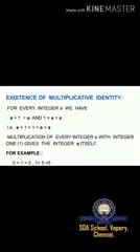Next property, existence of multiplicative identity. For every integer a, we have a into 1. If we multiply some integer, the answer will be an integer. Like if we multiply a into 1, b into 1, c into 1, the answer will be a, b, c. If we multiply some symbols with 1, the answer will be the same. That is, a into 1 is equal to 1 into a.